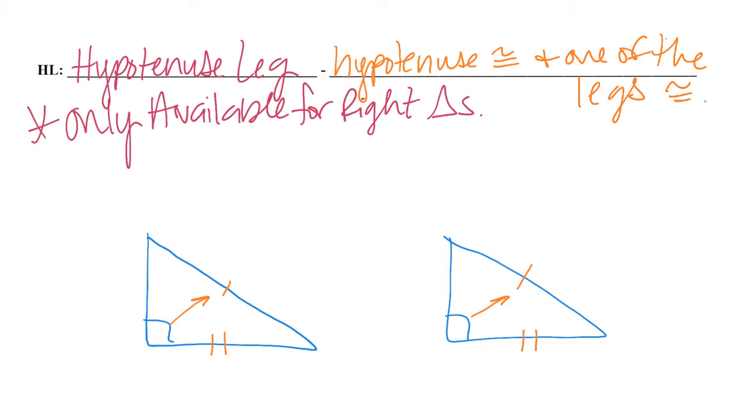So what we need to look at here also, it is only available for right triangles. Please don't try to use this for anything else because you don't have a hypotenuse with anything but a right triangle. If you notice, this is actually angle, side, side, which is a bad word, and we don't write bad words on our math paper. So that is why this has a special name. That's why it's called hypotenuse leg and why it's only available for right triangles,